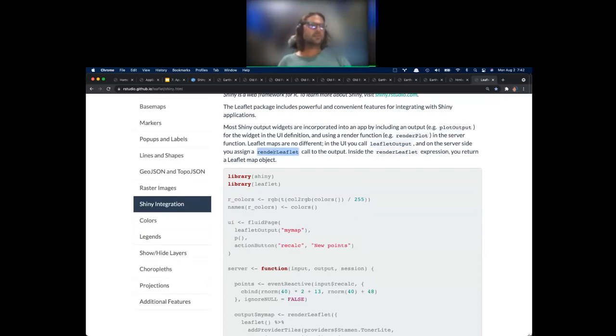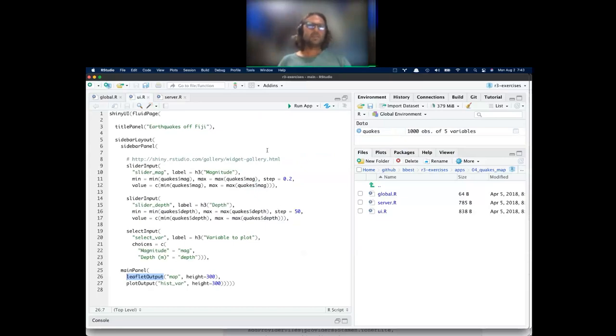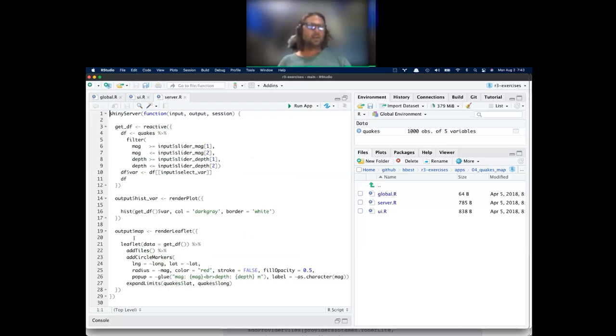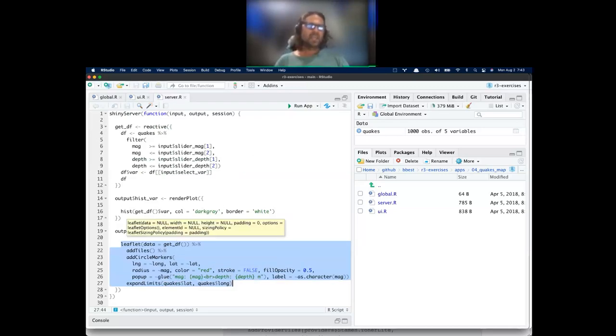And then on the server side, there's a render function, in this case, renderLeaflet. So we see that here. There's a leafletOutput, so I'm saying, okay, this is where I want that map to show up in the UI. And then on the server side, I want to render the leaflet. And then inside, it's just what you're used to with making any standard leaflet map, except you can